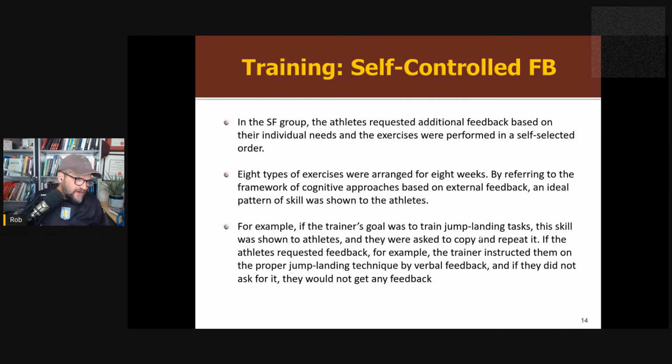If they asked for feedback, the instructions were basically external, the type of instructions the other group explained, sort of corrective, getting you to move towards the correct form. But they were given the option of when to ask for them. Again, something that's been shown to be beneficial in previous research.